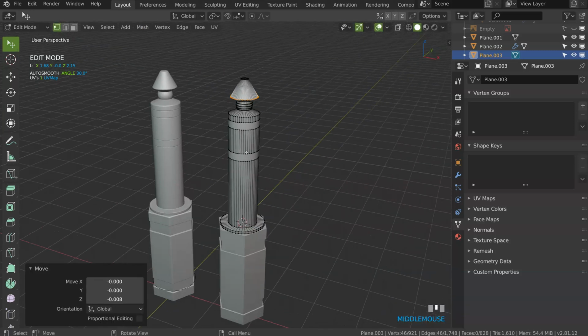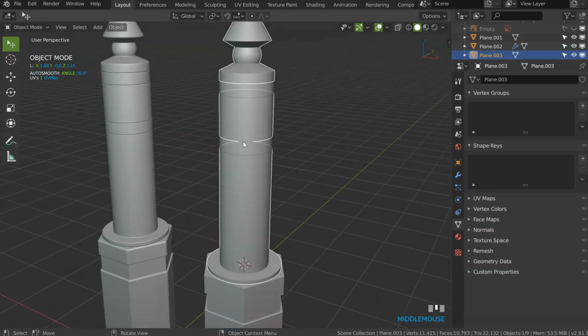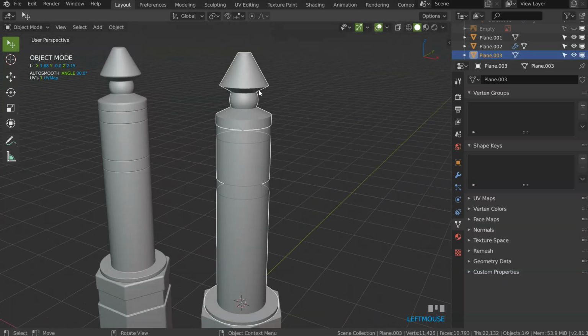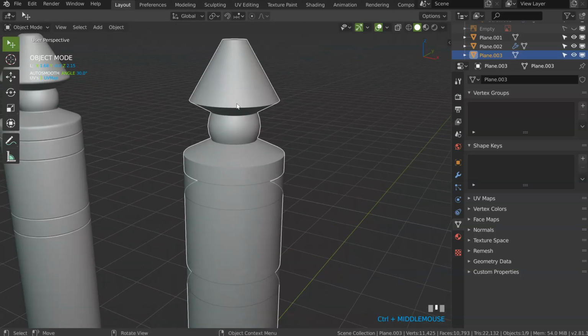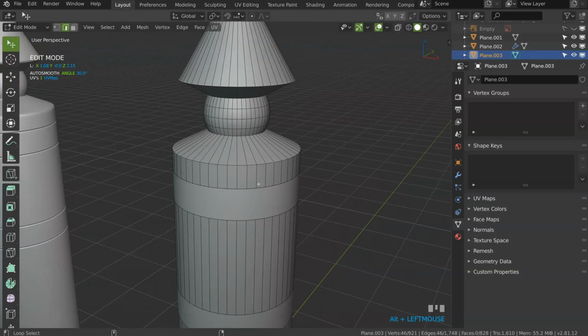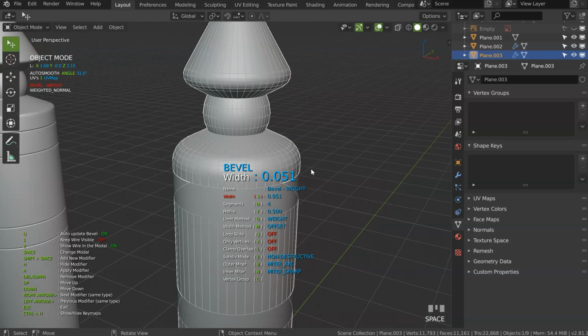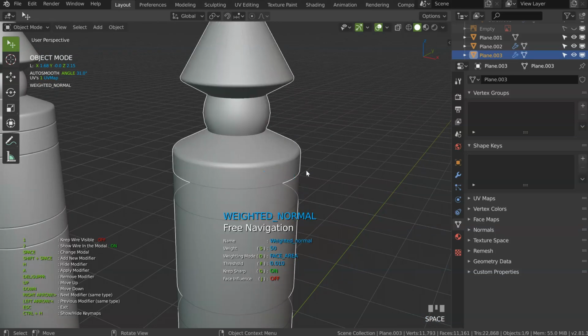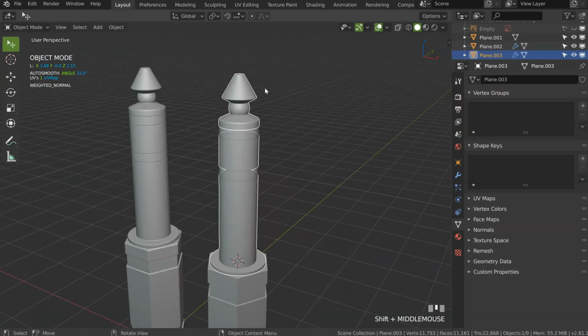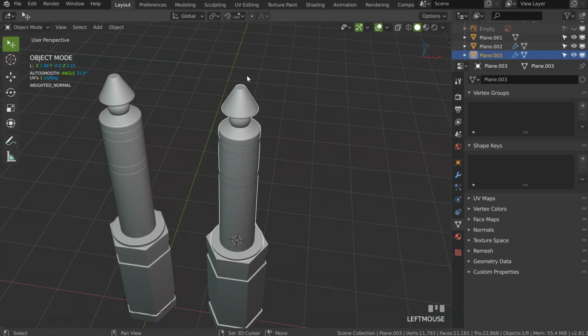So, I have my object, right now, I have this part, this part, this part, on this one I can maybe, let's see, add a big bevel on those two. I will add a bevel like that, and I will apply it. Okay. I will keep it just like that.